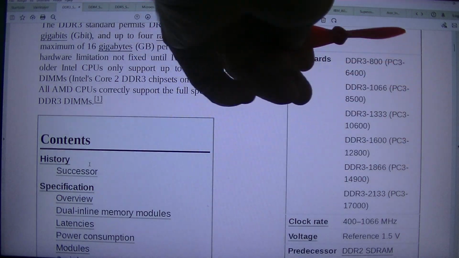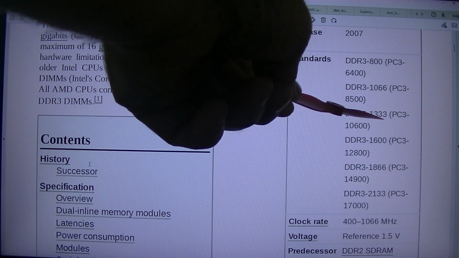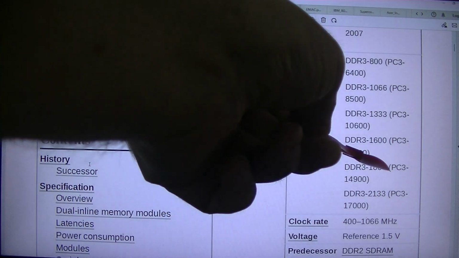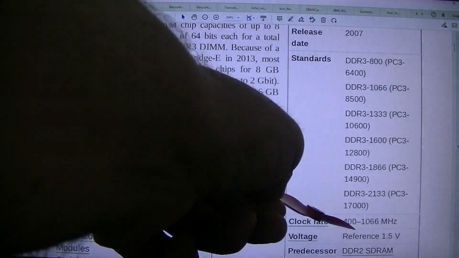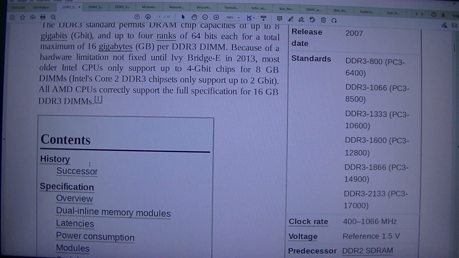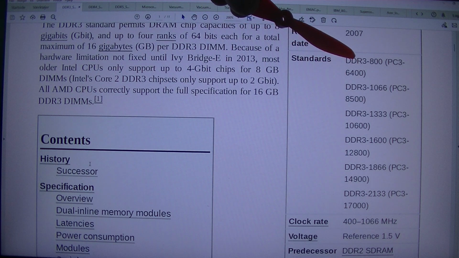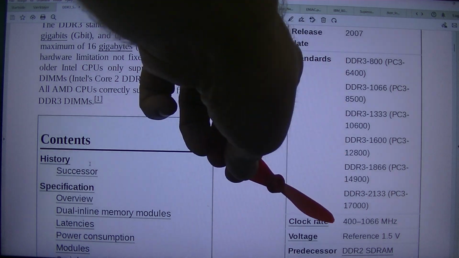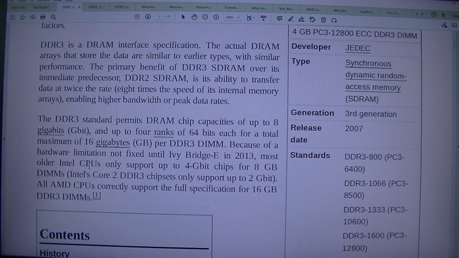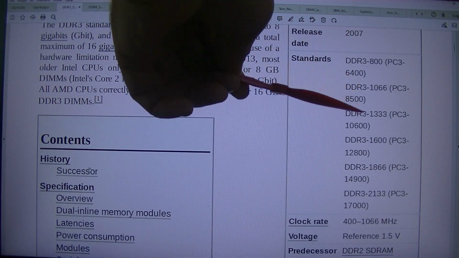Because I think you cannot mix if you have to put like 16 GB memory inside. I think you need to have the same clock rates. You cannot just put 8 GB, 800 and one of this and one of this. I think the clock rate needs to be the same. On the memory, you cannot mix the clock rate, so that's a big difference. So DDR3 RAM is not just DDR3 RAM, because you need to find out what number, what clock rate,